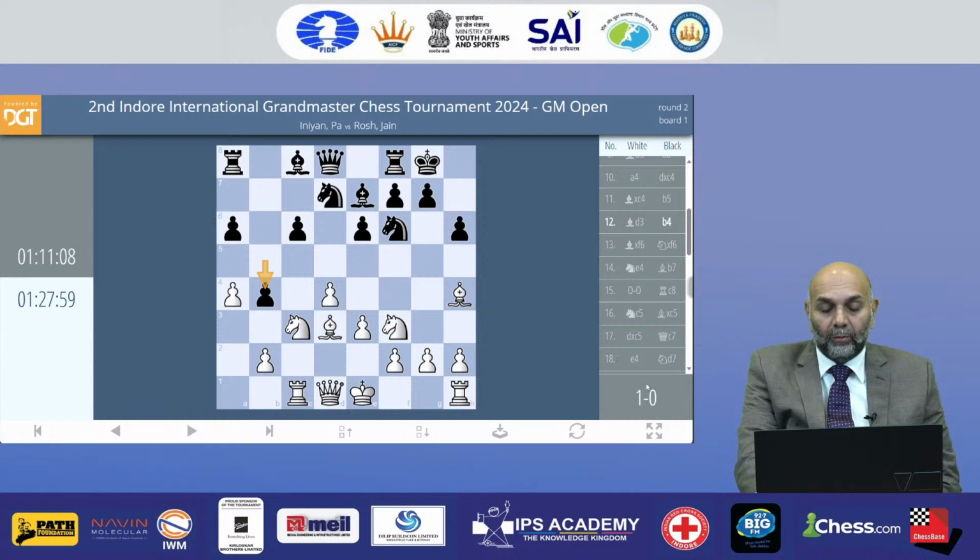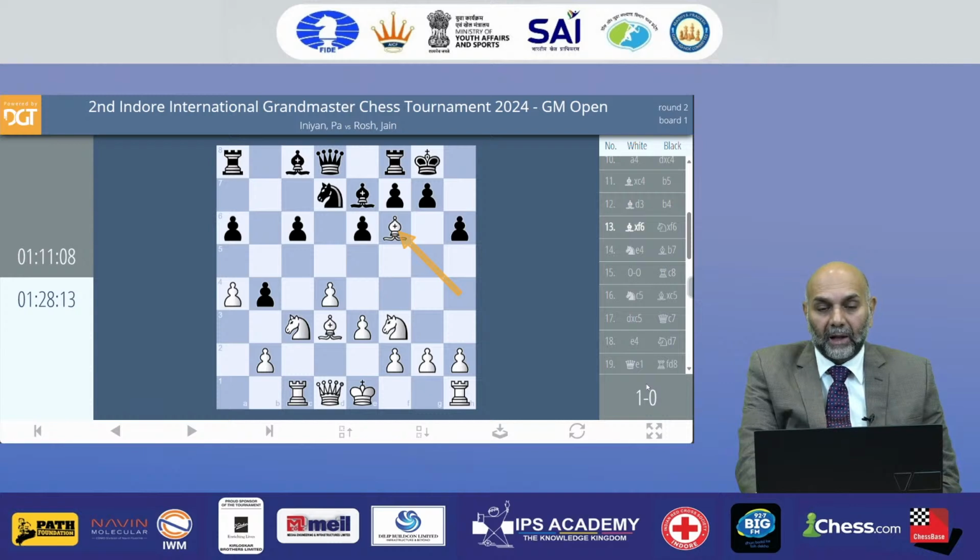An excellent move by the top seed Inyan. He wants to weaken the control of the c5 square. One of the black pieces must capture on f6. Capturing with the pawn would be really dangerous because it would lead to a weakening of the king side and could have dire consequences. Needless to say, black must capture the bishop, and black cannot capture the knight. Black must capture the bishop with one of the minor pieces, knight or bishop. And let's see, in either case, white gets control of the c5 square, which turns out to be crucial.